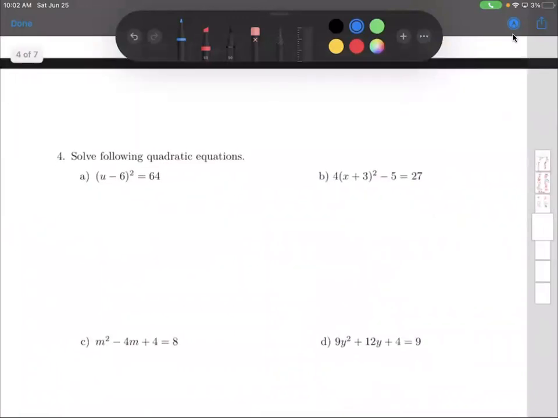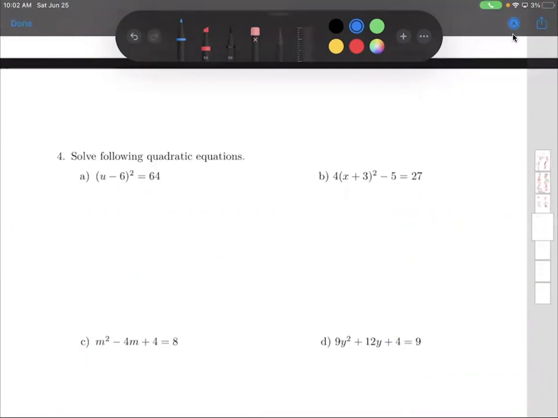Number 4, solving quadratic equations. This part I asked you to watch at home. This is 9.1. I asked you to watch the video I pre-recorded at home. Okay, so